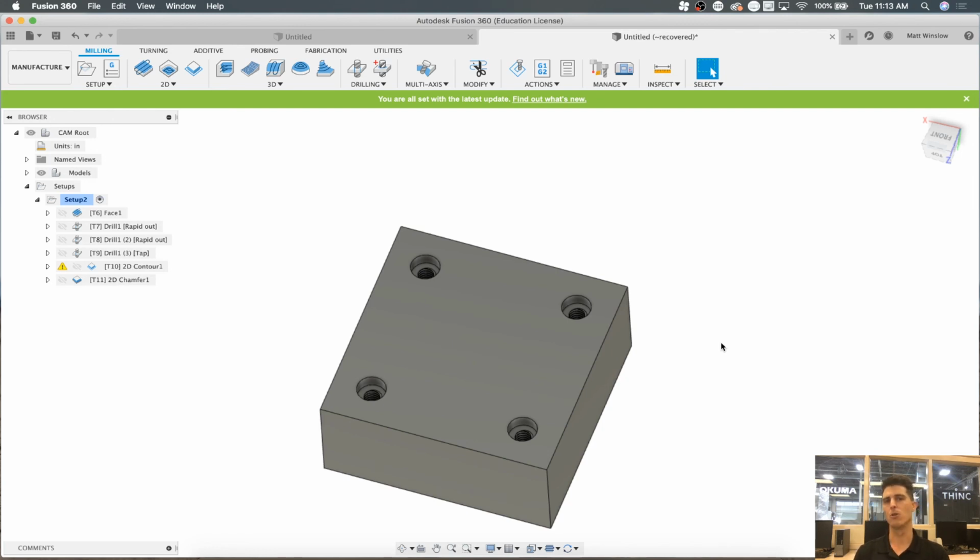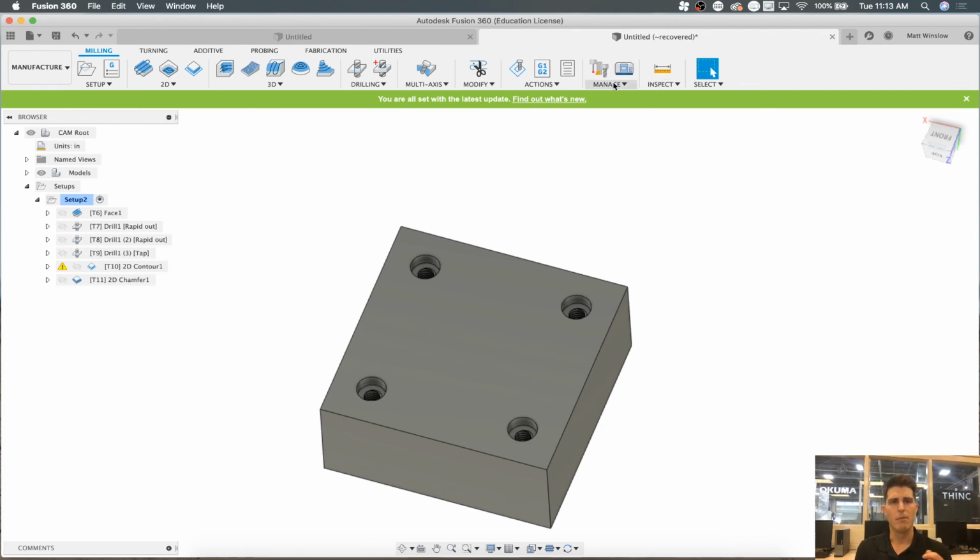And the great thing about Fusion is that you can download it at home, you can use it and log into it from the school, or you can use it and log into it from your home PC or laptop. And all your files will be there because it's cloud based. So very, very cool software. Again,